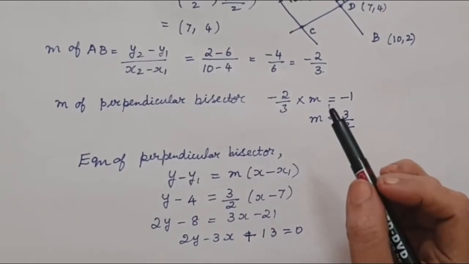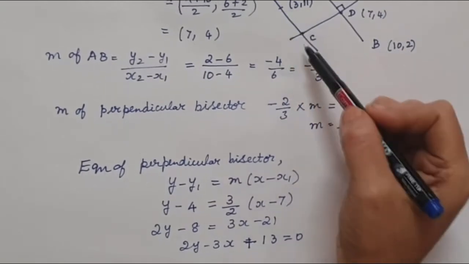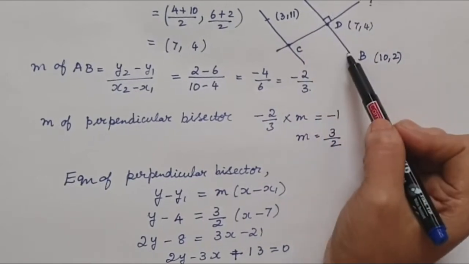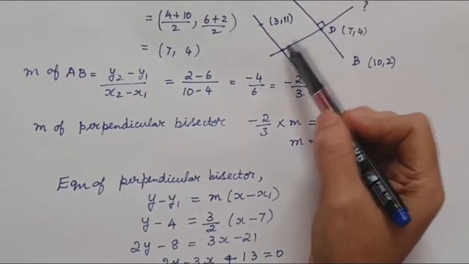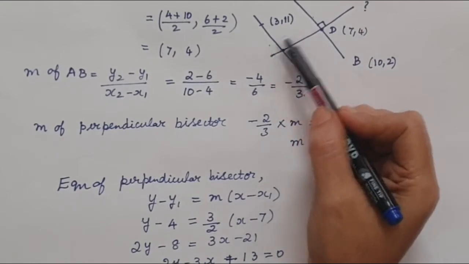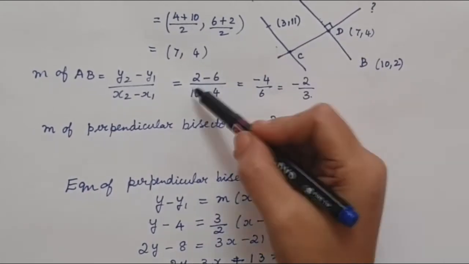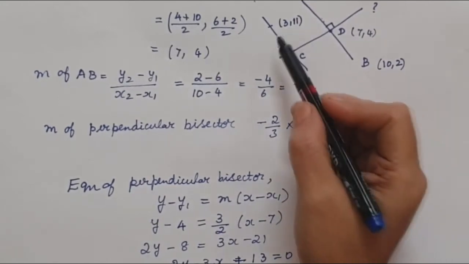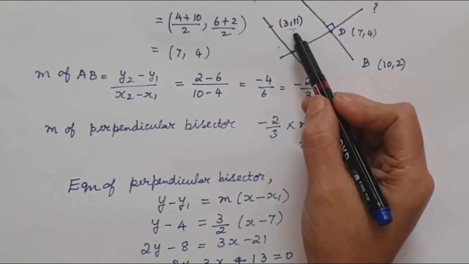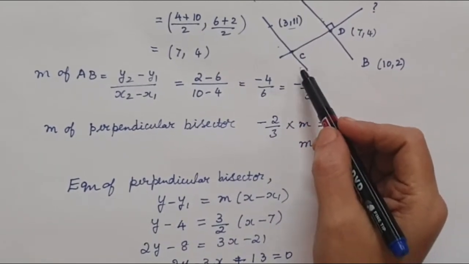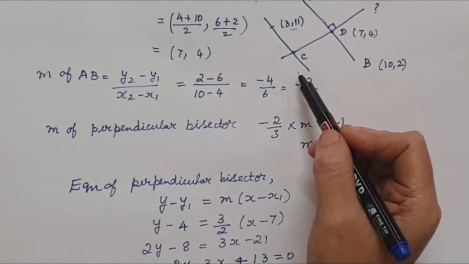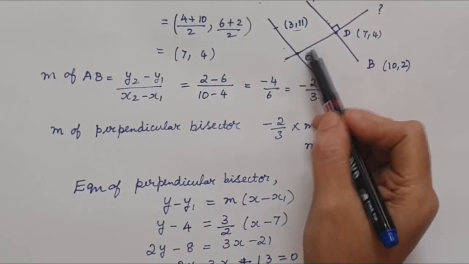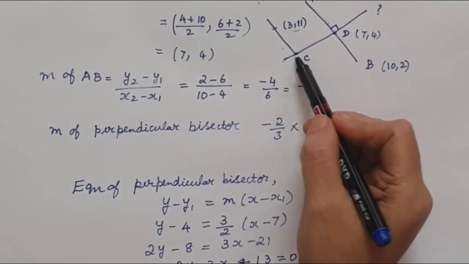The second part of the question is we need to find the coordinate of C. In order to find the coordinate of C, we know the gradient of AB. These two lines are given as parallel. So gradient of AB is minus 2 over 3. For this line also gradient will be minus 2 over 3. And we have a point (3, 11). Using those two pieces of information, we'll be able to find the equation of the line which is parallel to AB. So once we know this equation and this equation, we solve the two equations simultaneously